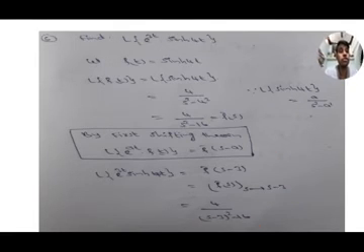Here this problem is also same. E to the power of 3t into sinh 4t. Once again I am repeating the problem, f of t equal to sinh 4t. L of sinh 4t is 4 by s square minus 4 square, by using the formula 4 by s square minus 16. By using the first shifting property, L of e to the power of at into f of t is f bar of s minus a, that is L of e to the power of 3t into sinh 4t is f bar of s minus 3. In place of s, we have to replace s minus 3. We get the answer 4 by s minus 3 whole square minus 16. Okay, write down the problem.